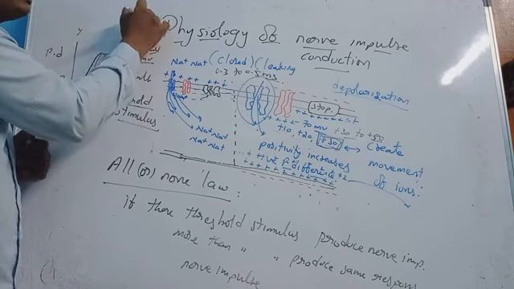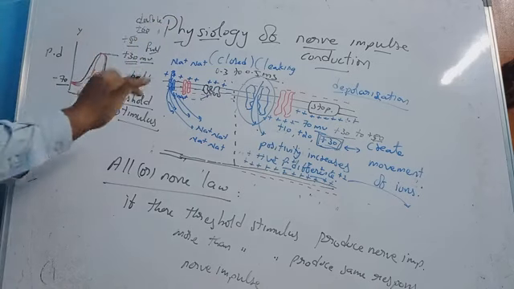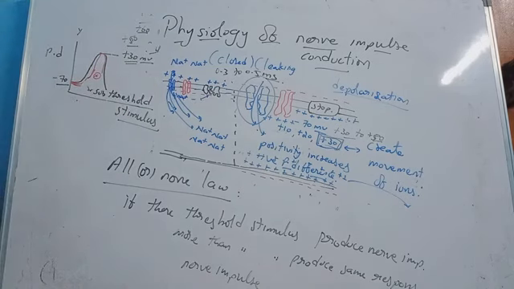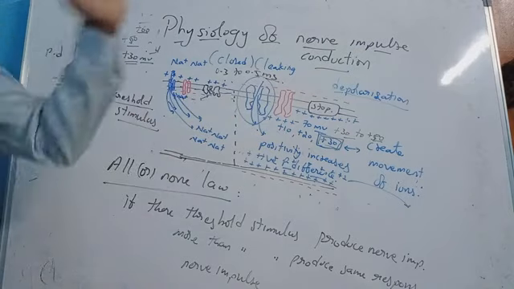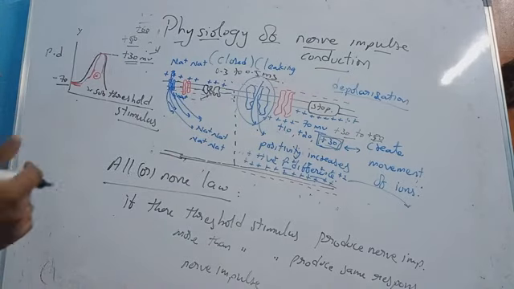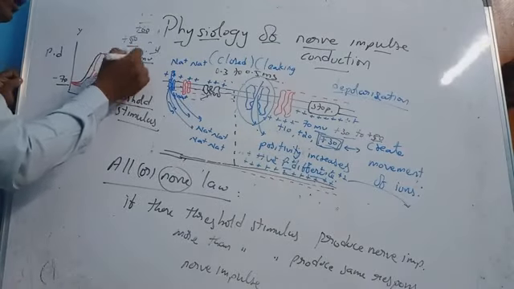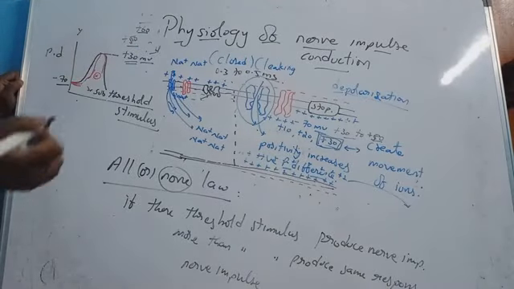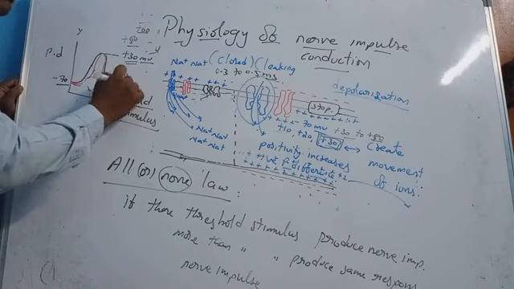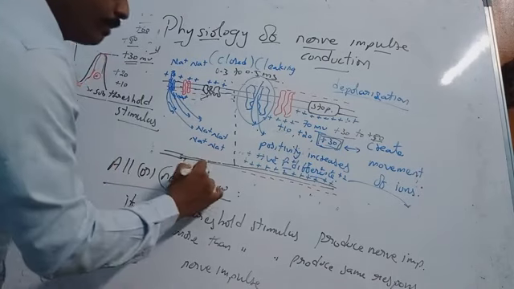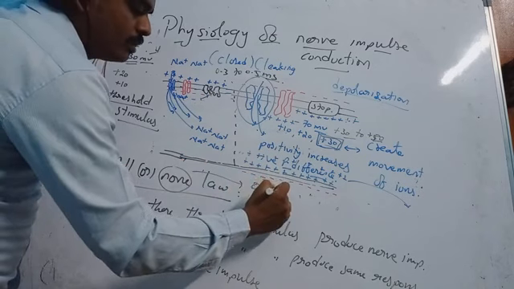I got plus 60, I will give you double nerve impulse. Not like that. Once it reaches the 30, that is the threshold level, that is the action potential level, then it will give you the full throttle. So it will give you a full push up to the nerve impulse. And if it is below the minimum threshold values, maybe plus 20 or maybe plus 10, this will not produce any nerve impulse. This will produce zero nerve impulse,